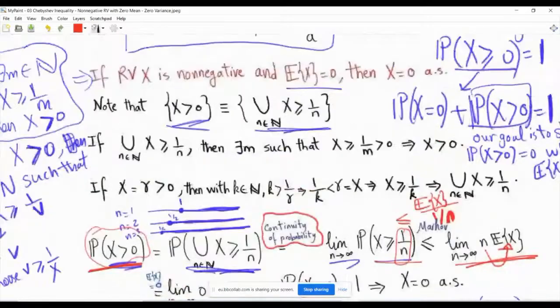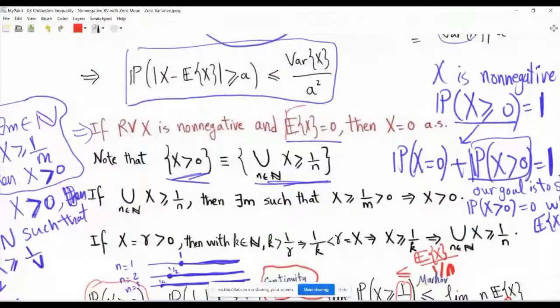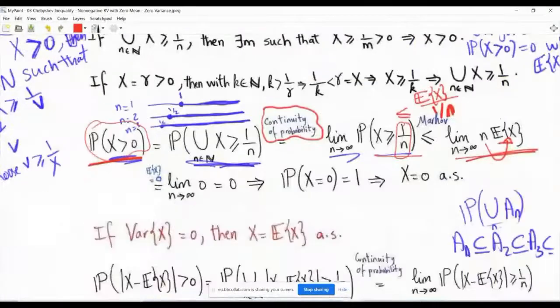Now we have a given. The given is that the expected value of x is equal to 0. So this guy is 0. I mean, this is from the problem statement. So our sequence is the all-0 sequence, right? Regardless of n, it will always be multiplied by this 0, because we are investigating a non-negative random variable whose first moment is exactly equal to 0. So we have the all-0 sequence, and the all-0 sequence converges to 0. Okay, so this probability is 0.